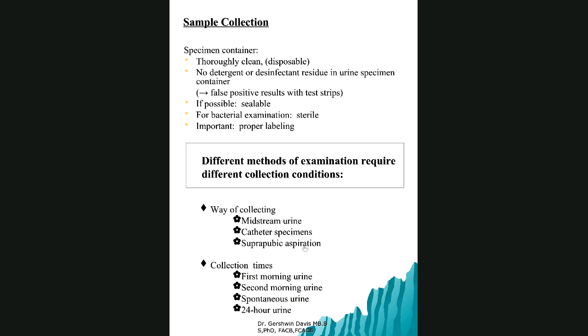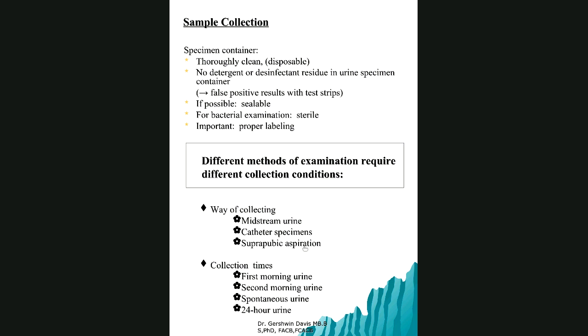I was mentioning midstream. For midstream urine, the time you say midstream, you should be thinking clean catch. That's why the first thing you do for midstream is clean the area. So you demonstrate you know the purpose of doing this particular type of collection. You clean the area first, and that helps you get a clean catch specimen. Then you pass the first bit of the urine and discard, and then you collect the middle of the stream. Midstream urine is for MSU for CS, culture and sensitivity. You want to be able to do a culture, so you want to get as clean a specimen as possible. So that's what's important about midstream urine.